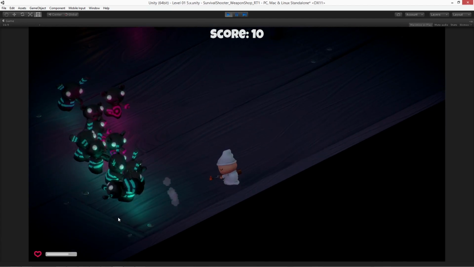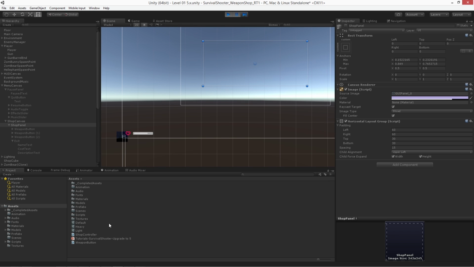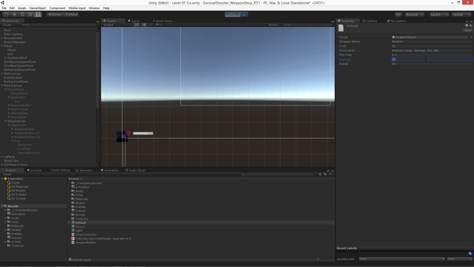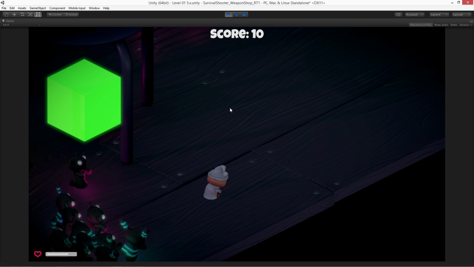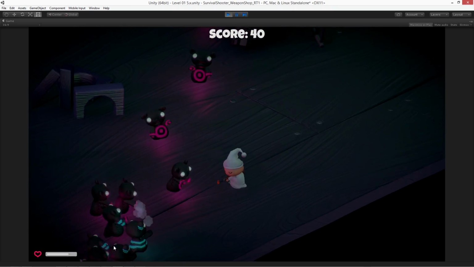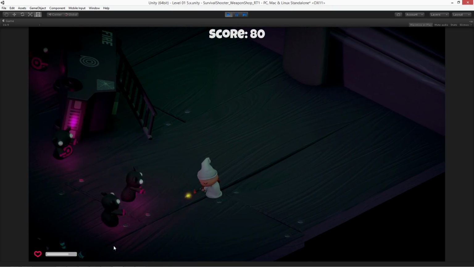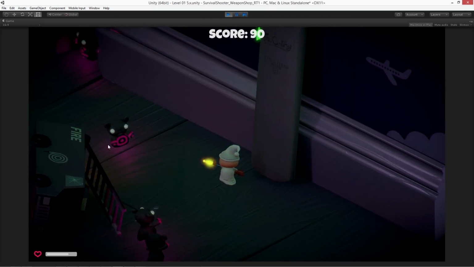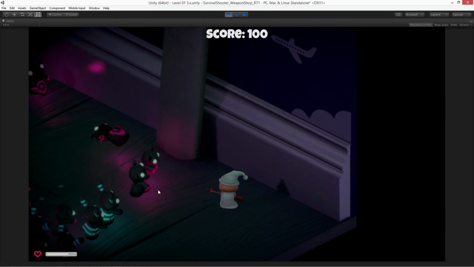Trash gun. Okay, actually, but here's a good example of where scriptable objects are cool. The default gun is too trash right now. Let's put the damage up to 50. Range is fine. Maybe we'll make the cost 0 just because you start with it. We can say you already have it. So notice, right, I'm able to edit in play mode, but what you'll see, because it's a scriptable object, is